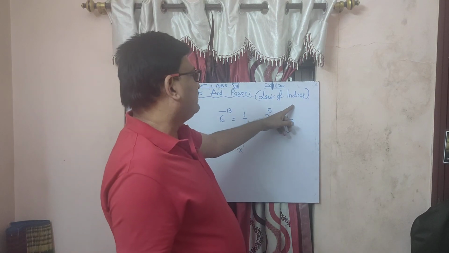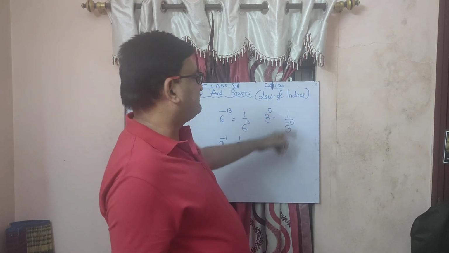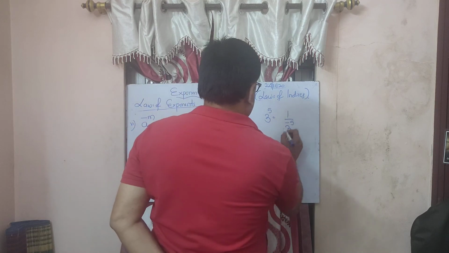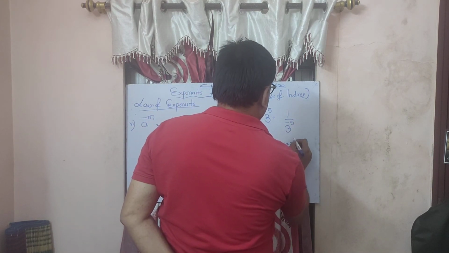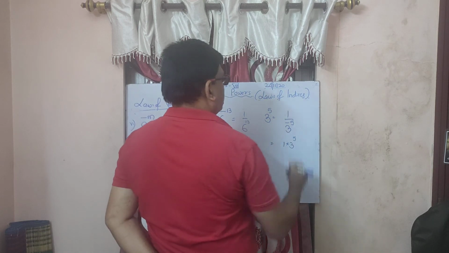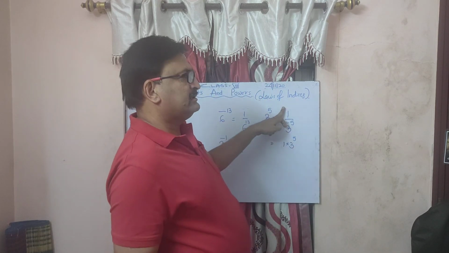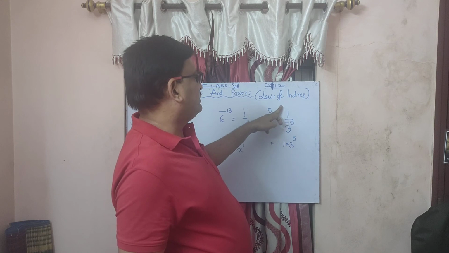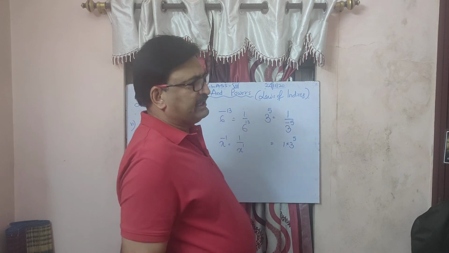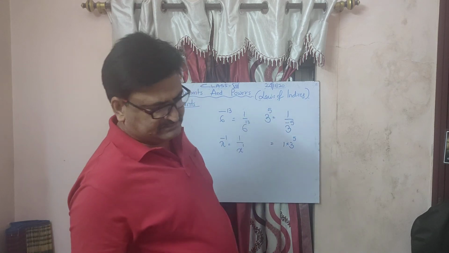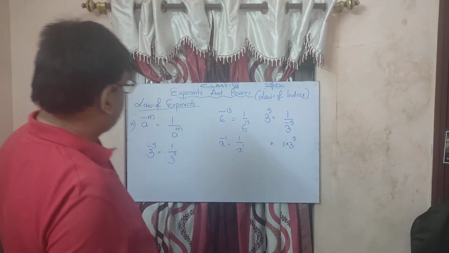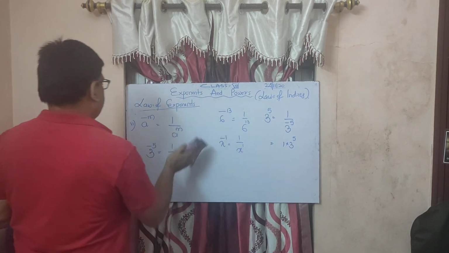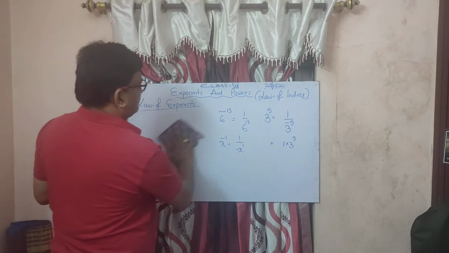If it comes up to the numerator, it becomes positive, so you can write 1 into 3 to the power plus 5. When it goes to the numerator, it becomes positive. If it comes down from the numerator, it will become negative. Always remember this. Whenever you solve such examples, you need to remember the properties, how the numbers act like that. And the last